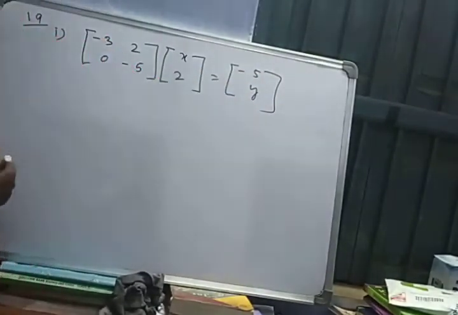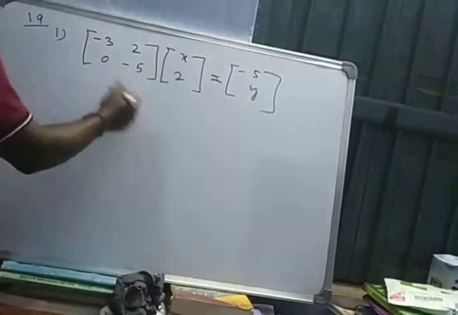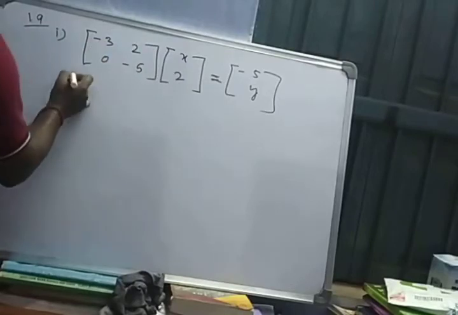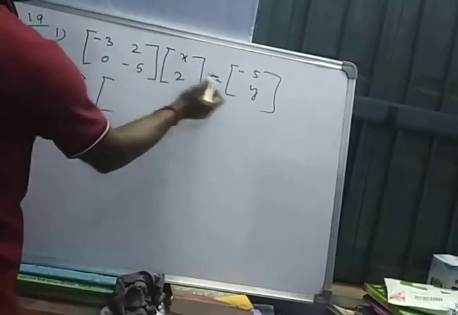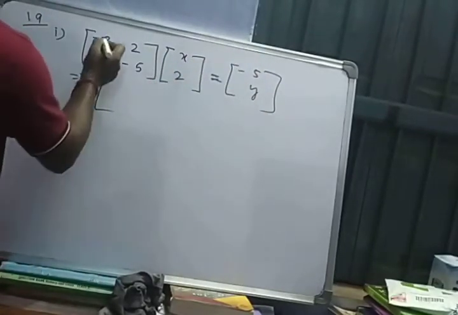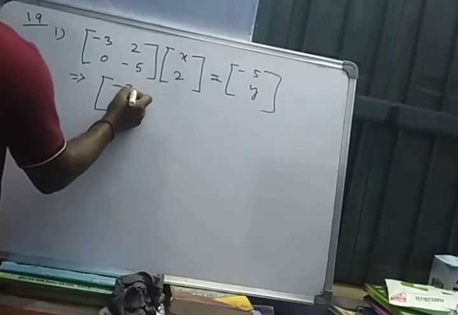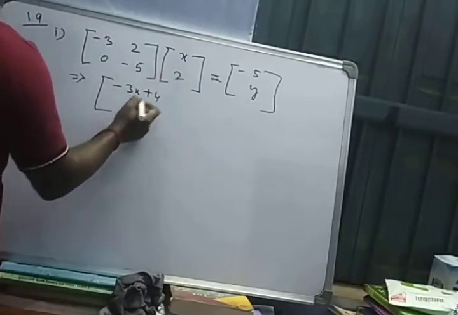This is the equality of matrix, but before comparing you have to multiply these two matrices. Now multiply these two matrices and the result will be like this. Means the result will be 2 cross 1 order matrix. Minus 3x plus 4, complete 0 minus 10